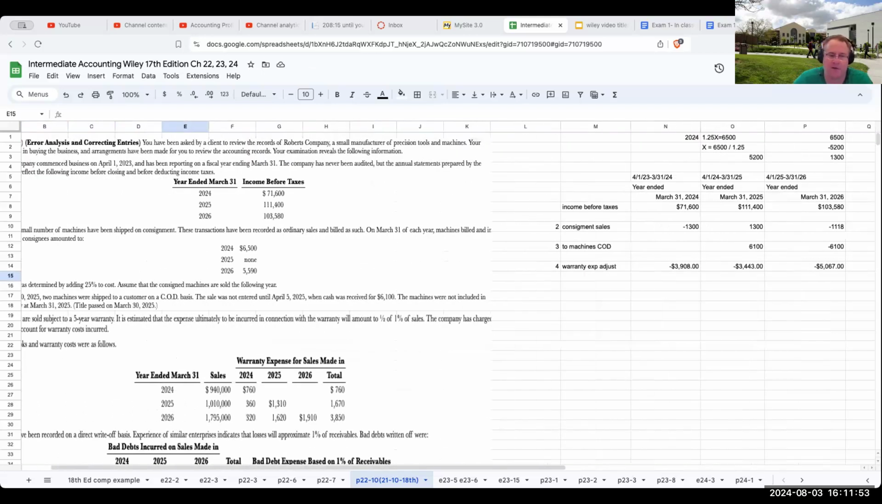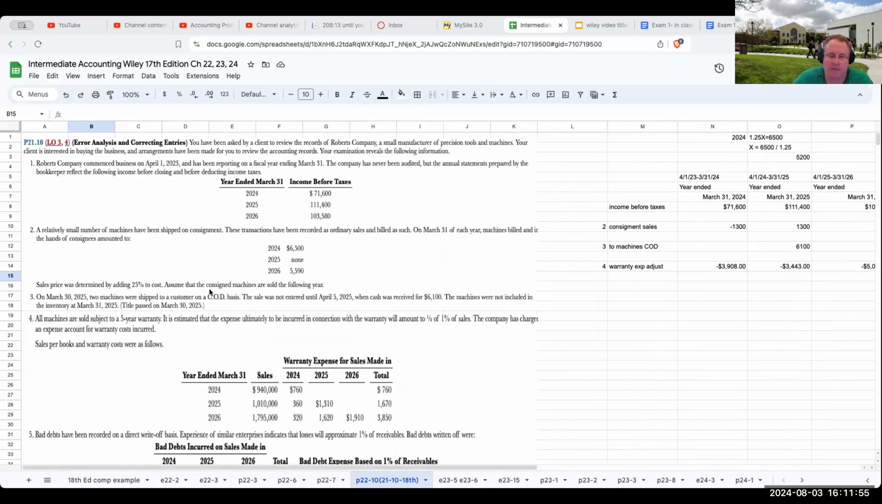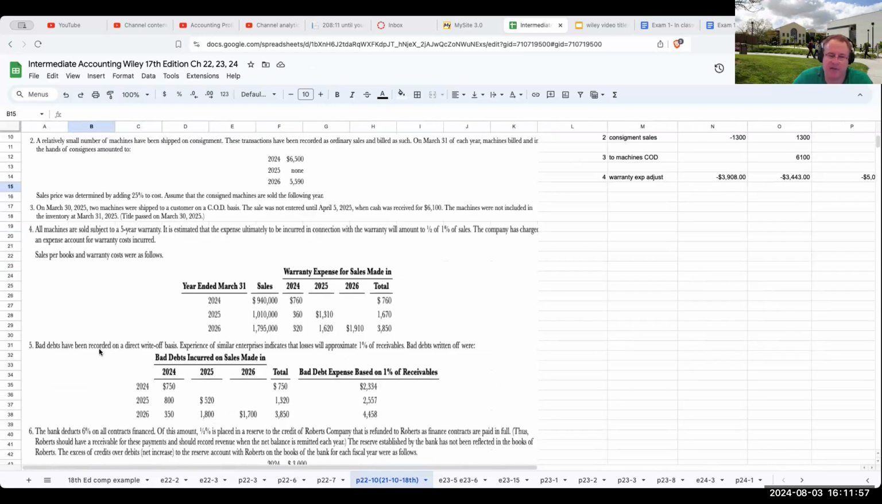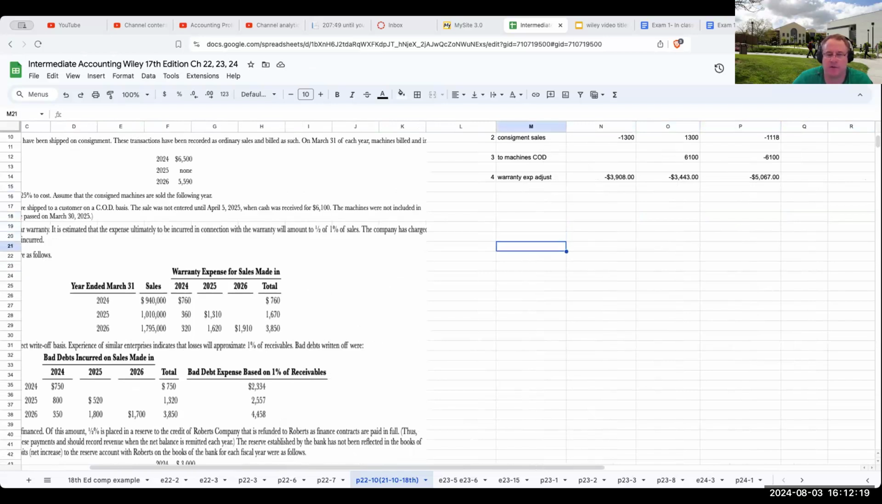Okay, let's go ahead and look at the next one. Bad debts have been recorded on a direct write-off basis. This is a huge no-no. Experience of similar enterprises indicates that losses will approximate 1% of receivables. Bad debts written off were. Okay, so essentially, when I go through and look at this, the adjustment,